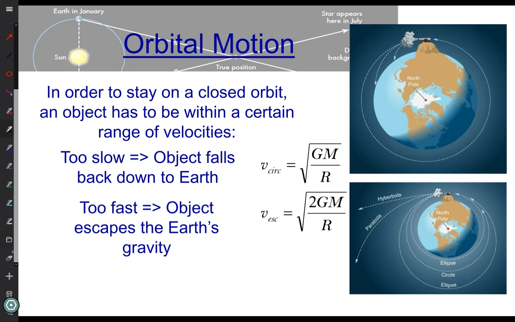If it's taking longer than that, it's going to move to the west. If it's taking less time, it's going to move to the east. And so it has to have just the right radius to have that right period. And so that radius is obviously well known and carefully calculated for what we call a geosynchronous orbit, an orbit that stays in the same position as measured from Earth at all times. And so these days with my little dish, it's just pointing in one position. It never has to move because the satellite is in geosynchronous orbit.